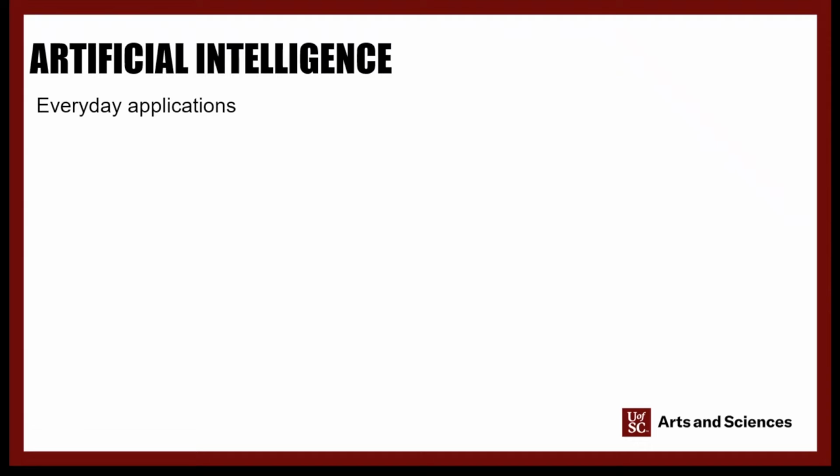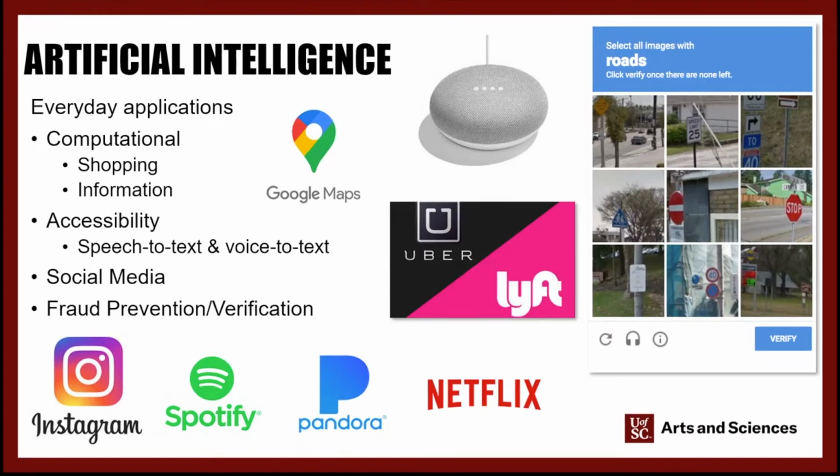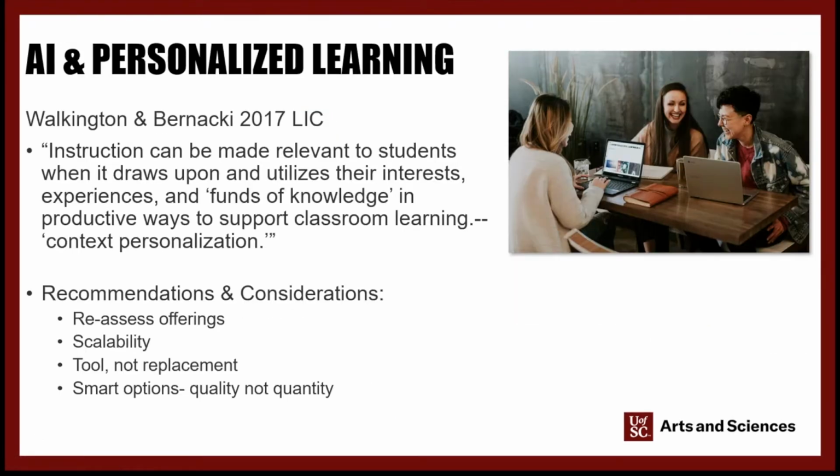We actually interact with AI all the time on a daily basis. So computational AI is a huge aspect of our everyday lives. Basically, anytime we're interacting with the internet, it's being tailored to us by AI. AI is also important for accessibility, so generating transcripts and making education and media more accessible, and it plays a huge role in social media, connecting people and topics based off your interests. So now what we're going to do is combine these two by seeing how using AI can increase the availability of personalized learning, especially when scalability feels near impossible.